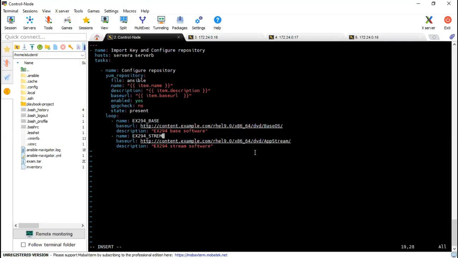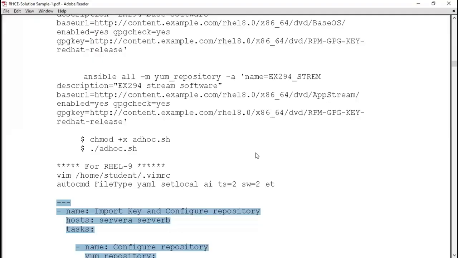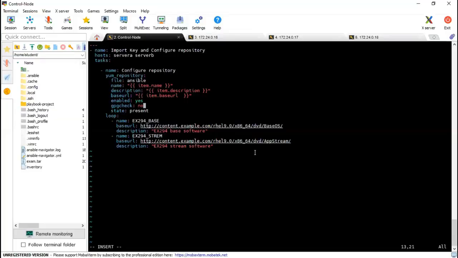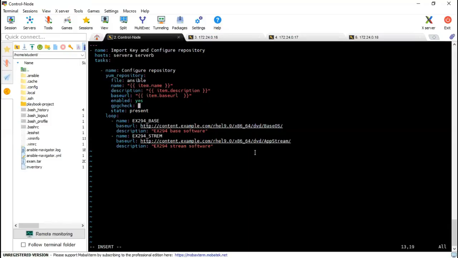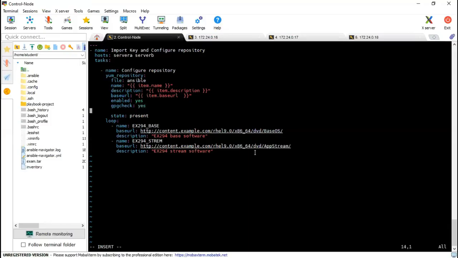So let me do that. Yum configuration, yum repository, GPG key, GPG check. And GPG key column will say item.gpg.